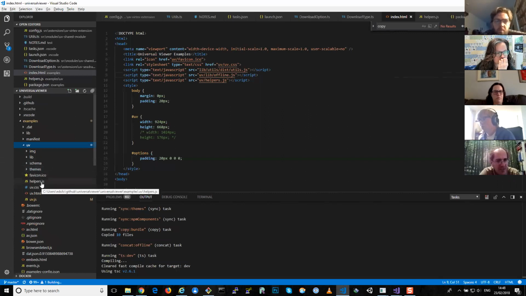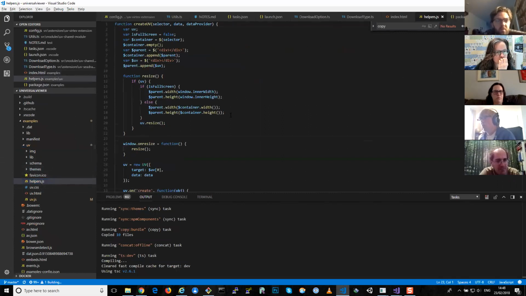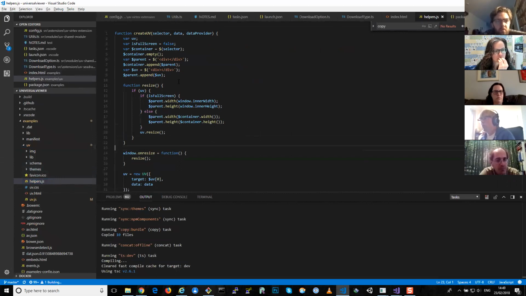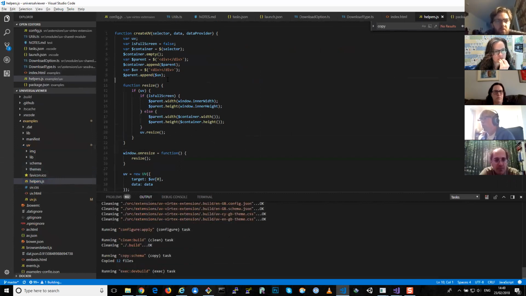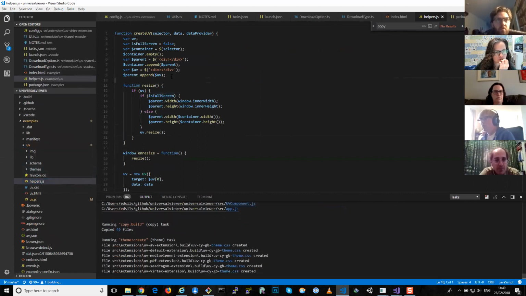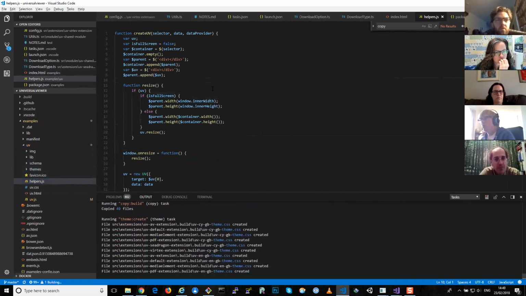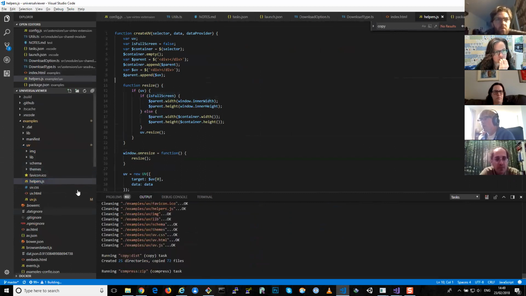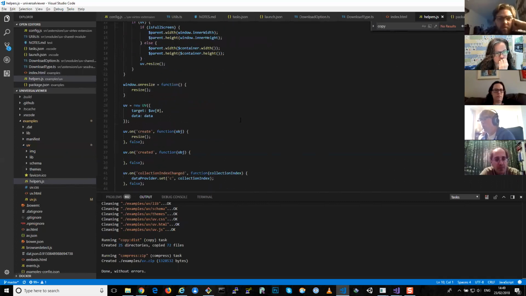So this is helpers. This handles all the stuff for adding the UV to your page and making things like full screen work. A lot of this used to be internal to the UV itself, and I broke it out in version 3 into this helpers file so that you've got control over that, how you resize the UV and everything. Nine times out of 10, you probably just want to use the standard out-of-the-box setup, but this gives you the capability to